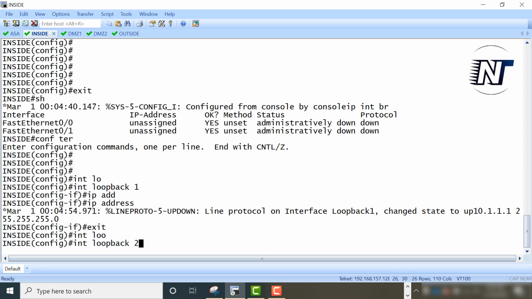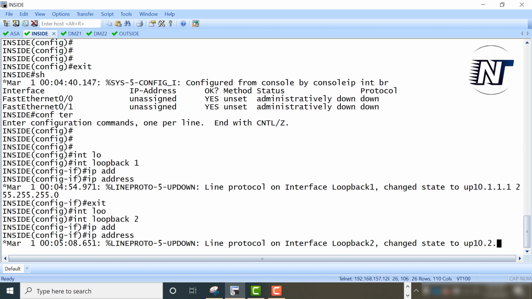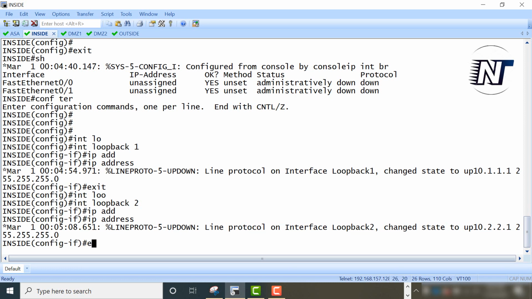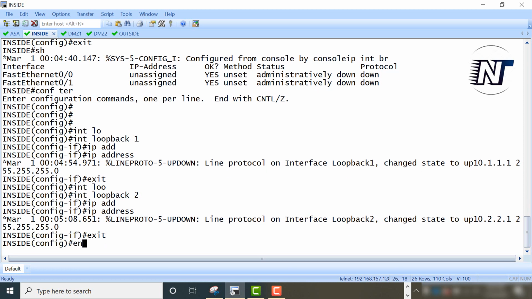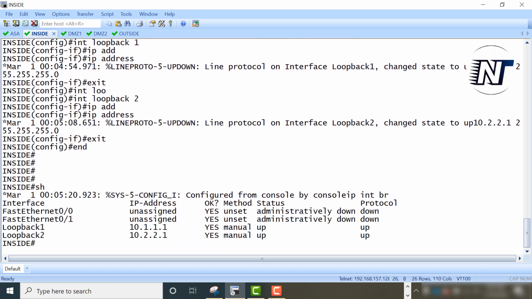Interface loopback 2, IP address 10.2.2.1 255.255.255.0, exit. And show IP interface brief. Yes, two loopbacks came up.